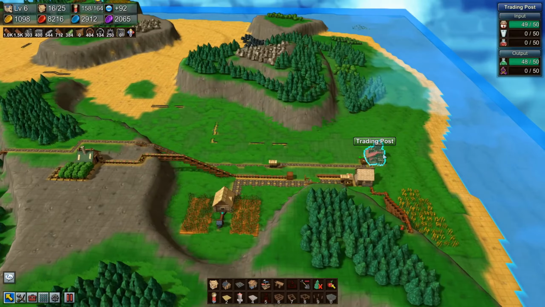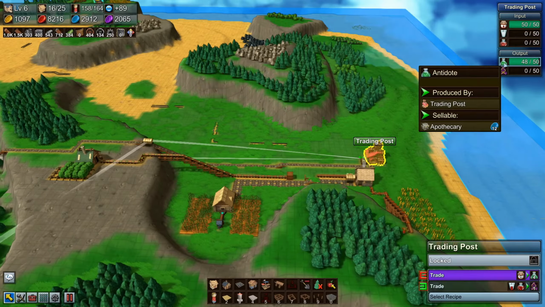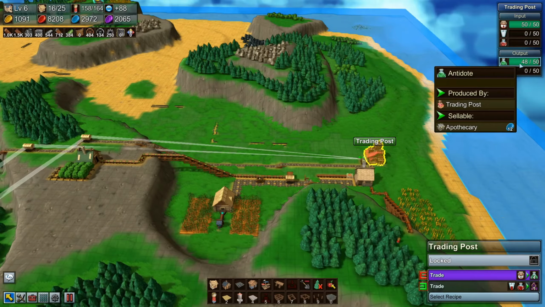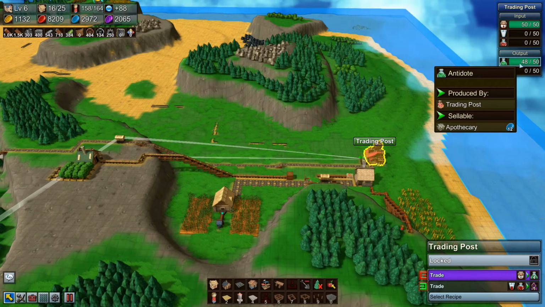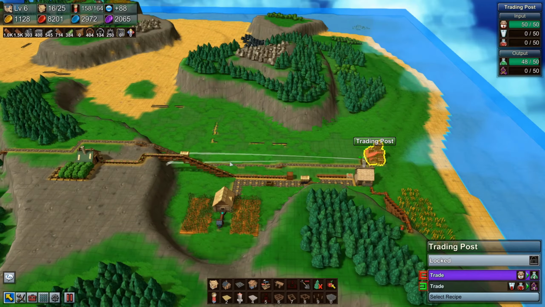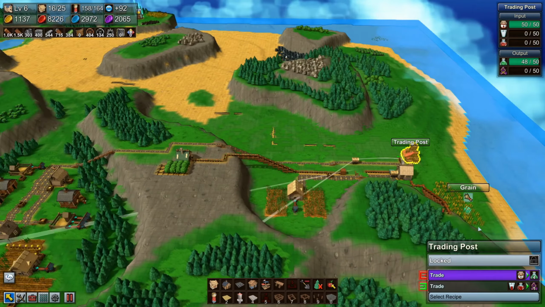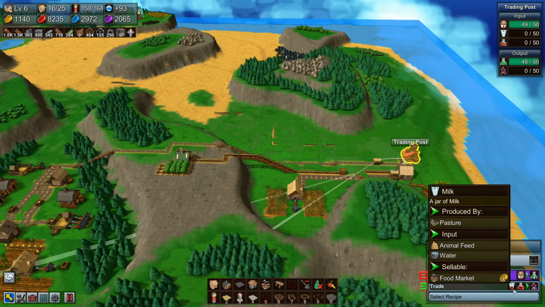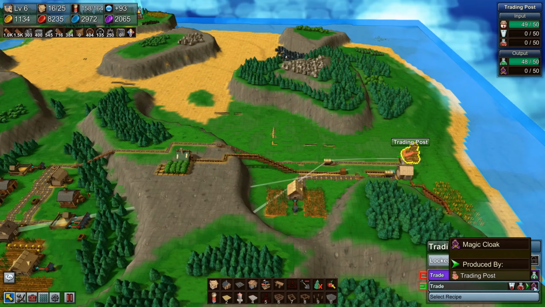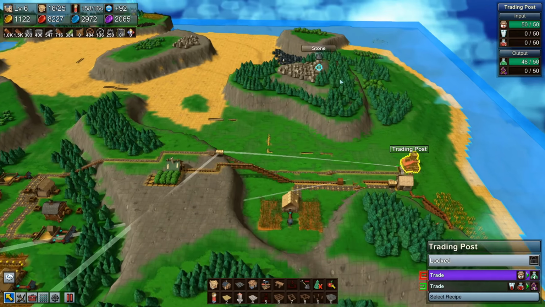We got the elixirs or the antidote going, so we're in good shape there. We could even throw yet another wagon on here and get more blue coins, because the two wagons still aren't keeping up. They're going pretty slow and it's a long distance. So let's see. Health potion. The other thing we could think about doing is getting these cloaks, and we can't sell those, but